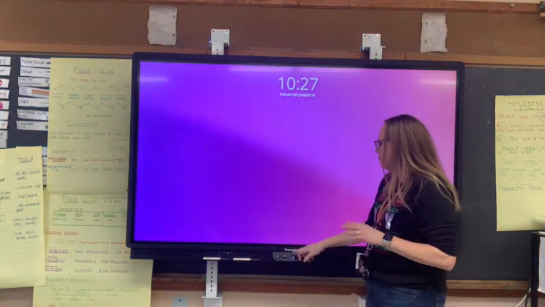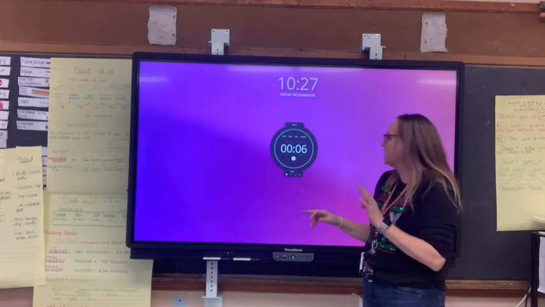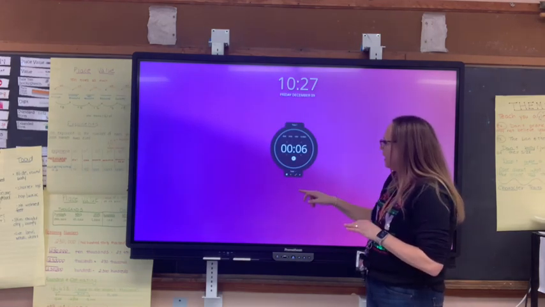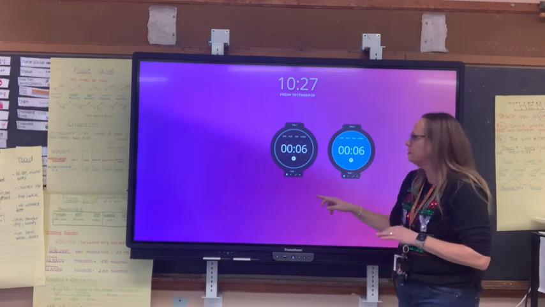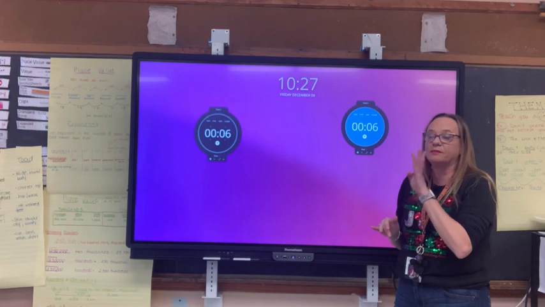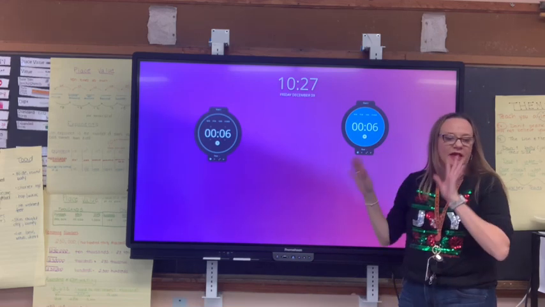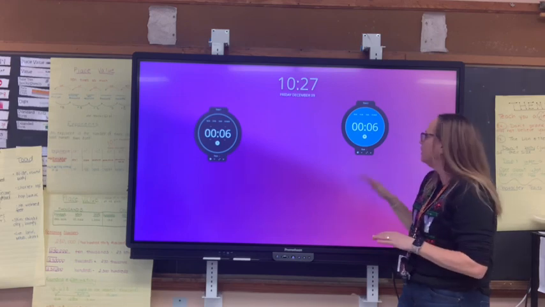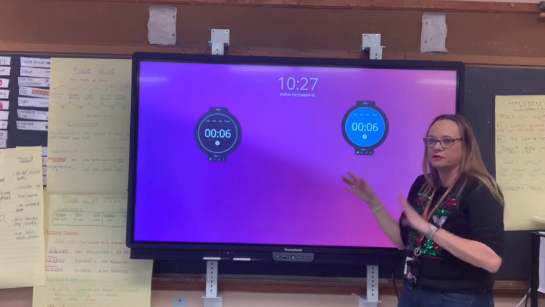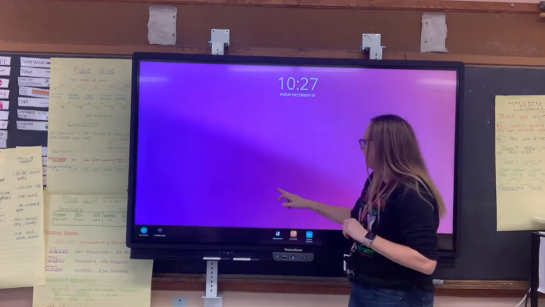Or if you have multiple groups, you can use up to 4 timers. You would just say add, and you would get another timer. So you can have a timer for this group and a timer for that group, up to 4 timers. They'll work independently of each other. So you could just say, when the timer went, whatever. Okay, so that's a timer, and then the spinner